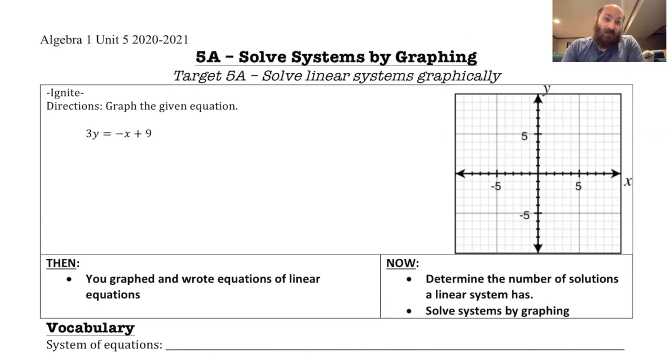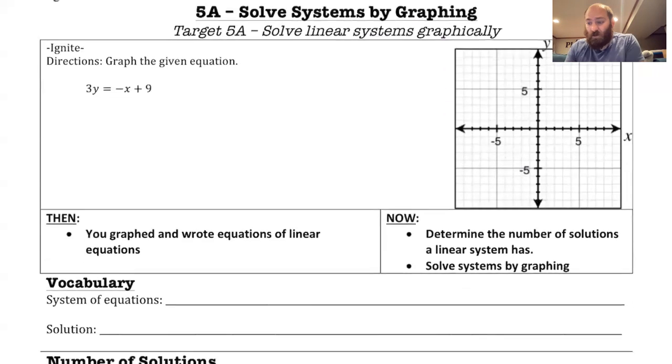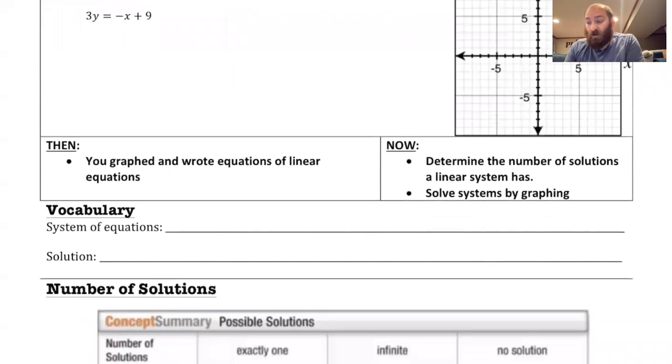Today we're going to start Unit 5, and that unit is going to be talking about what's called systems of equations. Okay. 5A, we're going to be talking about solving them by graphing. So let's talk about some of those vocab words I just used. Let's talk about what it means to be a system of equations and what it means to be a